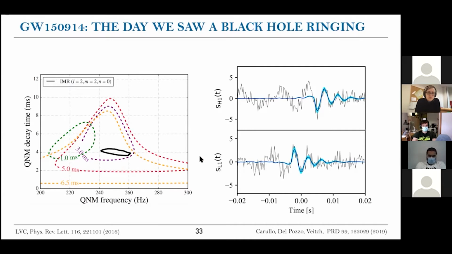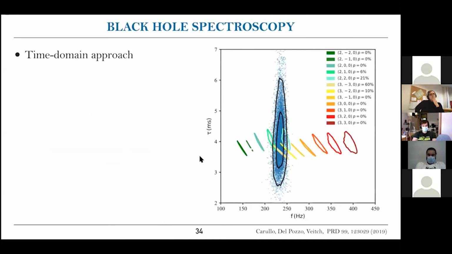And so, of course, this was an extraordinary achievement, and it sparked so much interest in the community. But of course, since it was the first time that Ringdown was observed, the initial techniques were quite simple in some way, because you wanted to do it in the most agnostic way possible. But then of course, we wanted to refine this technique and improve it wherever possible. So the approach that we have taken in a subsequent paper with my supervisor, Walter Del Pozzo, and John Veitch, who is a professor at University of Glasgow, is to